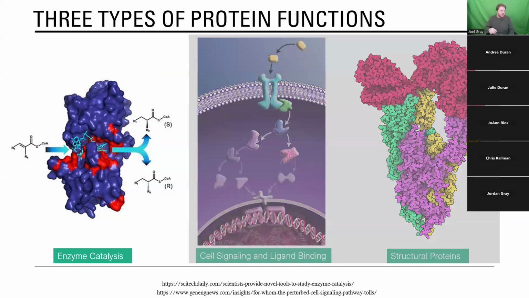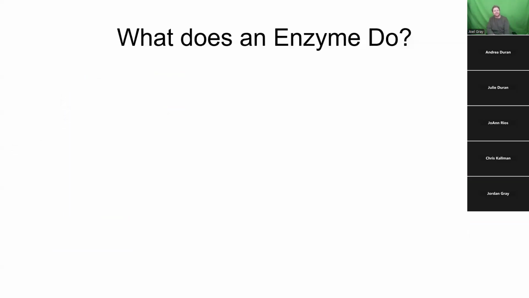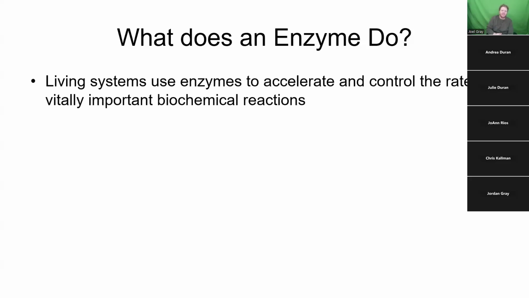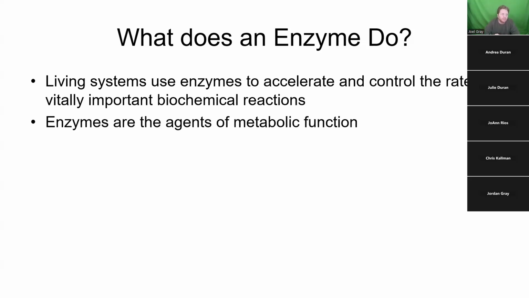Now, the first thing that I want to get into is enzymes and what they do. So, what does an enzyme do? Well, a living system uses enzymes to speed up and control rates of extremely important biochemical reactions. You could say that enzymes are the agents or the responsible parties of metabolic function. And what I mean by that is,